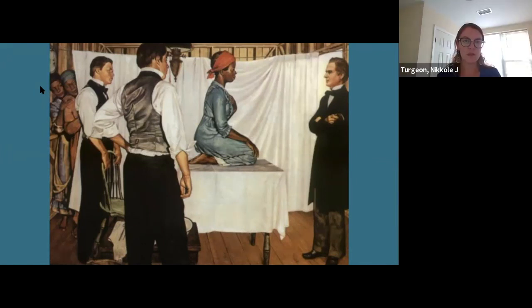Just the peering behind the curtain as if they aren't really supposed to be looking. Maybe they're not supposed to know what is happening behind the curtain, and just the hand placement from the woman in the farthest background, almost like a comfort or trying to have some sense of security with the woman in front of her as a safety of what could be happening, and we need to stick together, I guess.